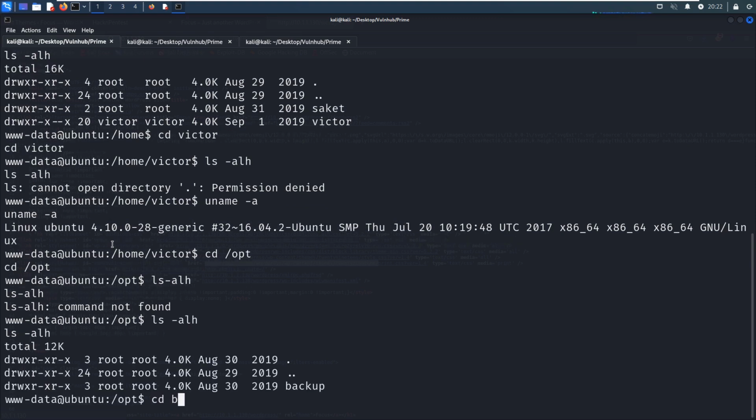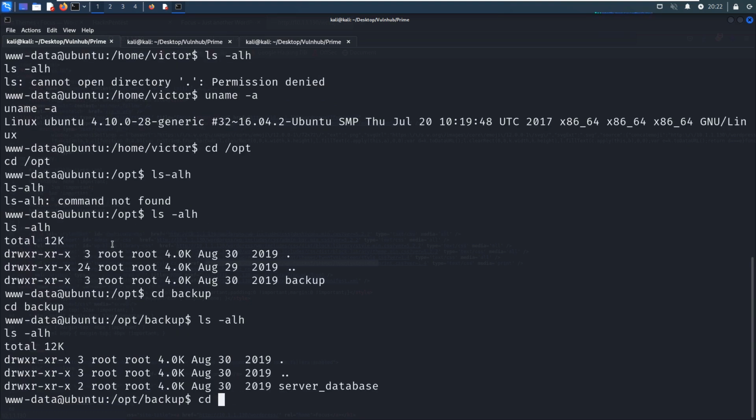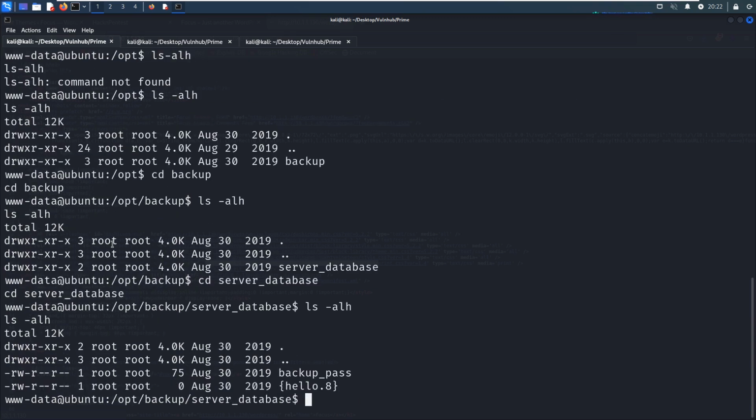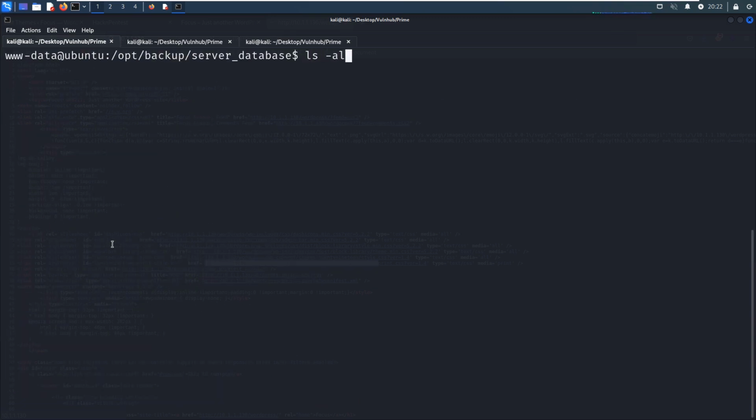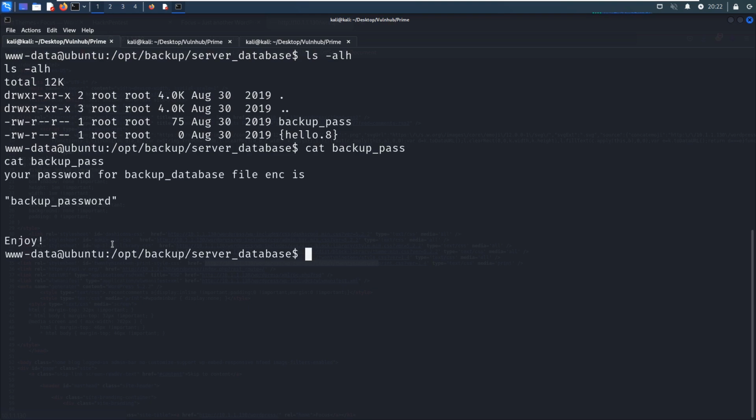/opt, the backup server database. Interesting, backup. So the password for the backup database file is the backup password.